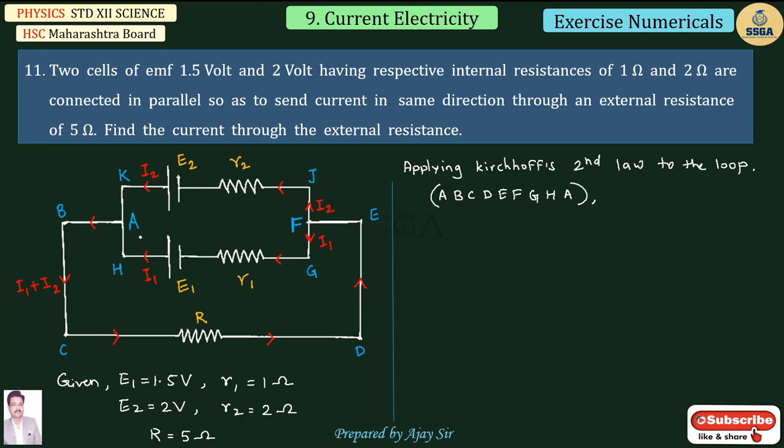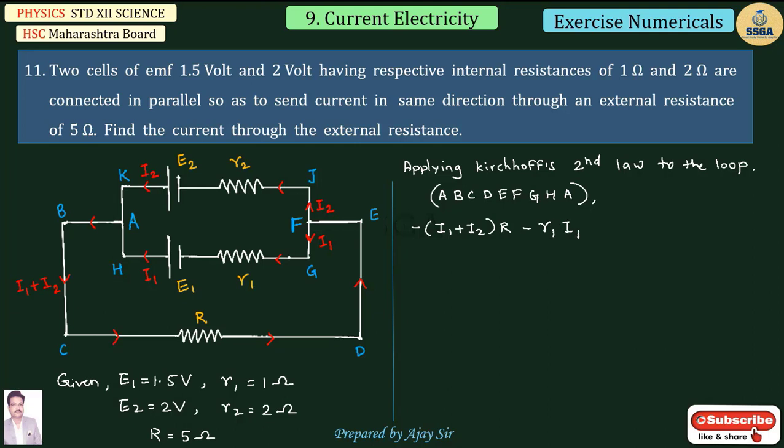Again here, after applying Kirchhoff's second law to this loop, the direction of tracing is this and direction of conventional current is again same. So therefore potential difference across this resistance R, that is negative, that is minus I1 plus I2 into R. The same current will flow from this arm and I1 current will flow to the R1. So therefore direction of tracing and direction of conventional current both are same. So therefore this is again minus R1 into I1.